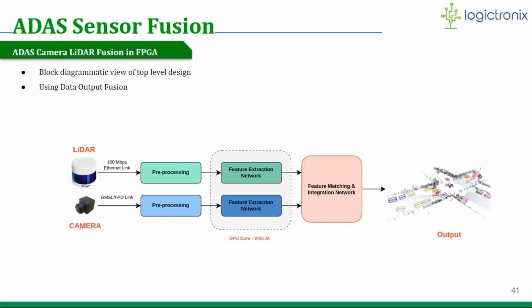The camera pre-processing will use processing of raw pixel data and color conversion, auto white balance. Okay, and in case of LiDAR, it uses compression, ground removal